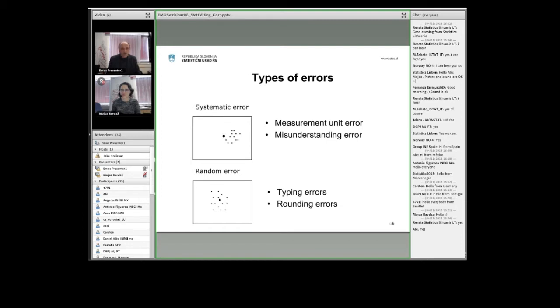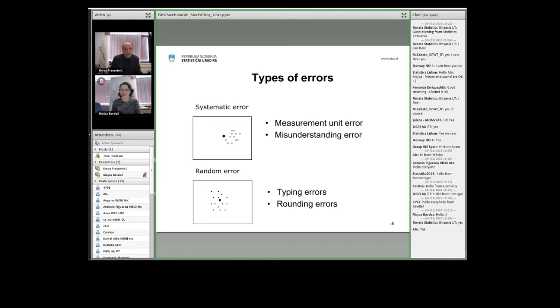What can we do to distinguish these? Perhaps just this issue before we talk about how we can detect one error and how we can detect another: what is the consequent effect of systematic error and what is the consequence of random error? At first sight, we always say the systematic error is more problematic because the consequence of the systematic error is in fact bias. It is the direct consequence of this definition of systematic error. If the errors are systematic in one direction, also the result will be biased in one of these directions.